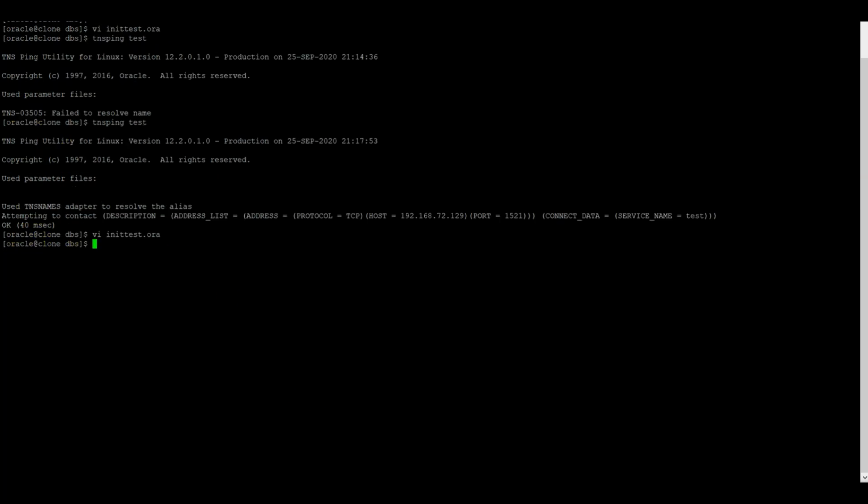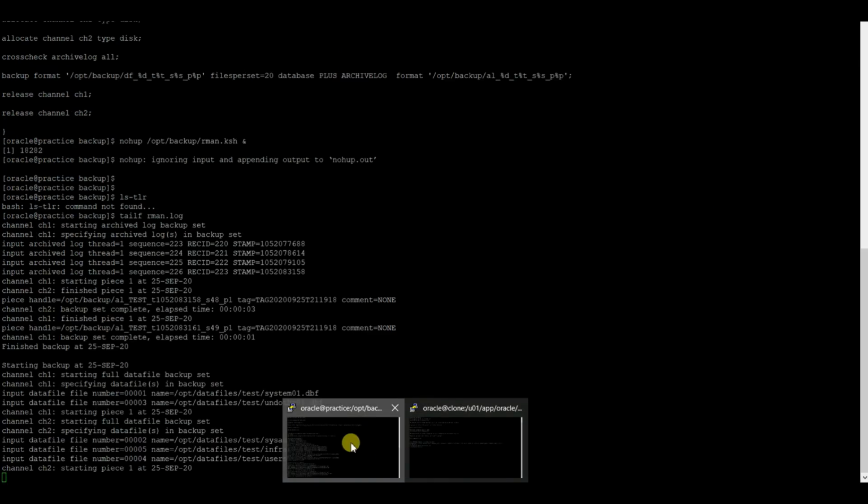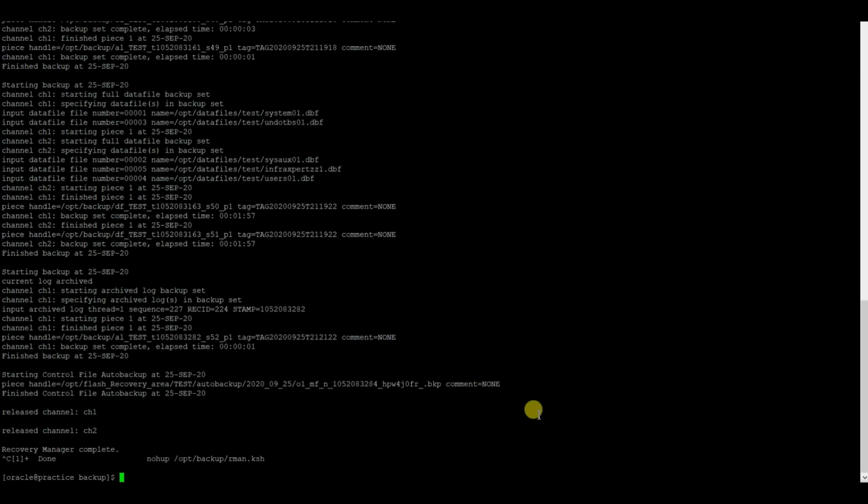Let us check whether our backup is complete or not. So my backup is complete. Right now what you need to do is, we cannot catalog our database, because cataloging needs our database to be in mount mode, and we won't be able to keep it in mount mode because we do not have any control files.